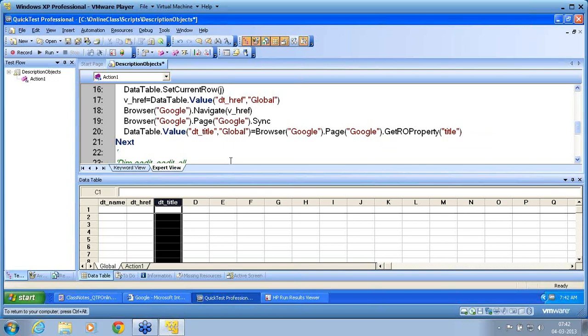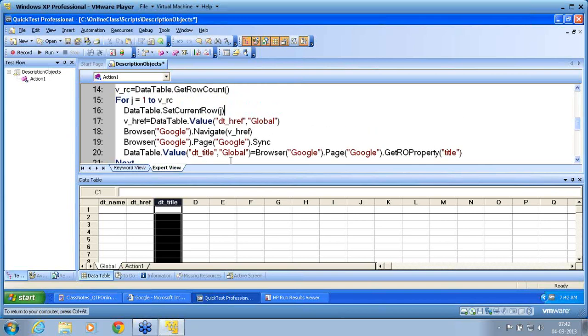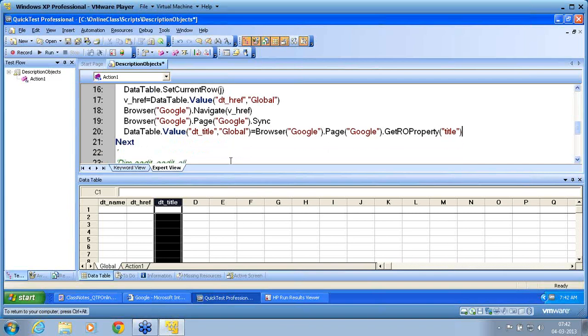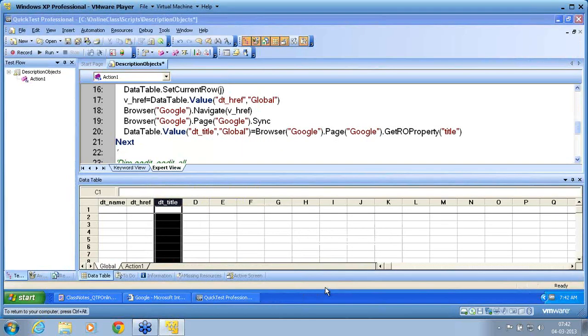I have now retrieved and stored that value, then I am looping through. So next I'll be in the loop. He will be in the loop until he collects all the 7 objects' information. Right? We are now ready for the next stage. Having taken dynamically all the link information, we are now trying to retrieve the title of the page he has navigated to. If the title is wrong or page not found, etc., I will fail the test case. If any other title has come, I treat it as a pass.